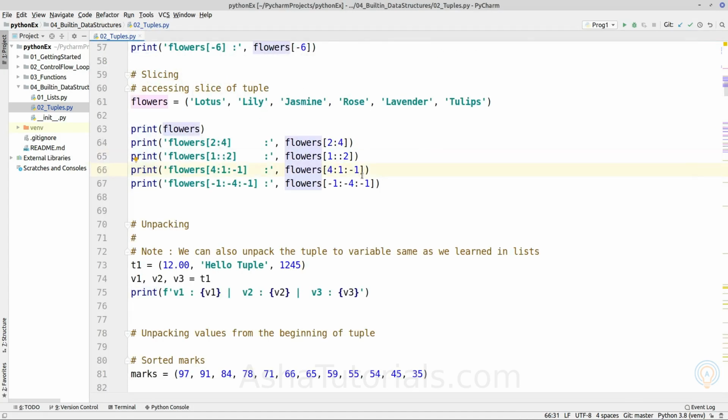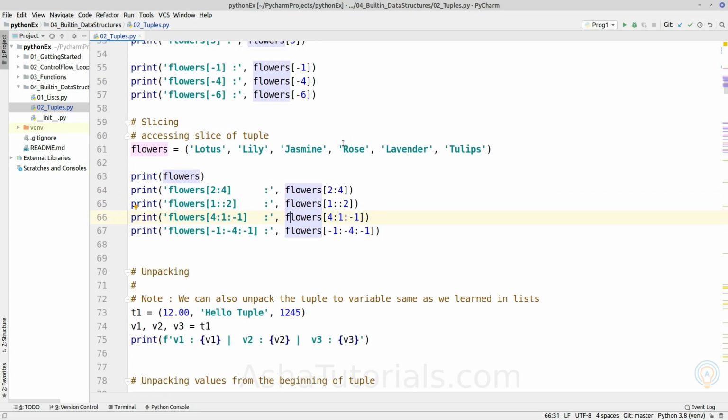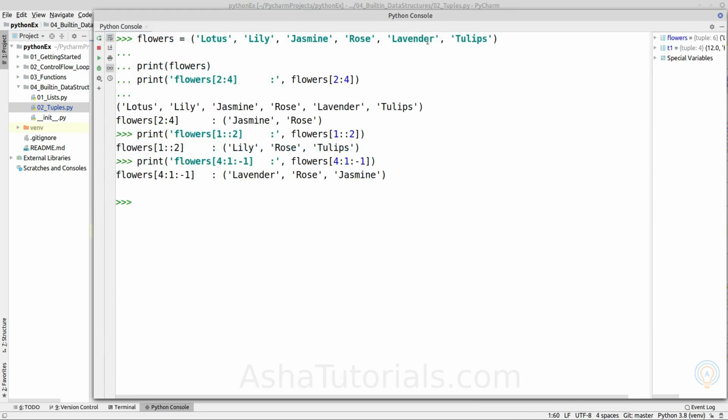Same way, if we provide a negative step, it will begin from the end of the given tuple object and it will progress towards the beginning of it. So from the fourth index, 0, 1, 2, 3 and fourth, up to 1 it will return. So these elements in the reverse order from beginning from this it should return. So as we can see, beginning from this up to this, so this is not included, and these elements are reversed.